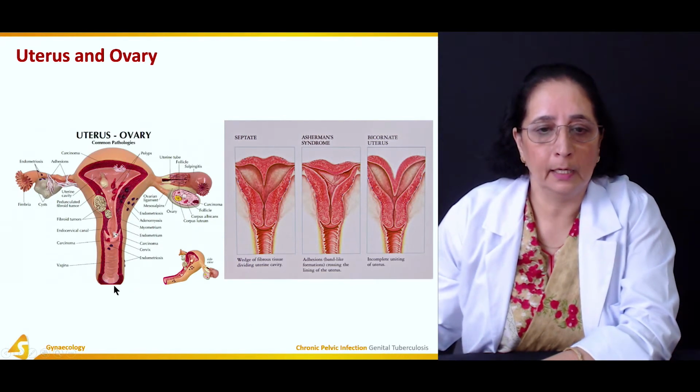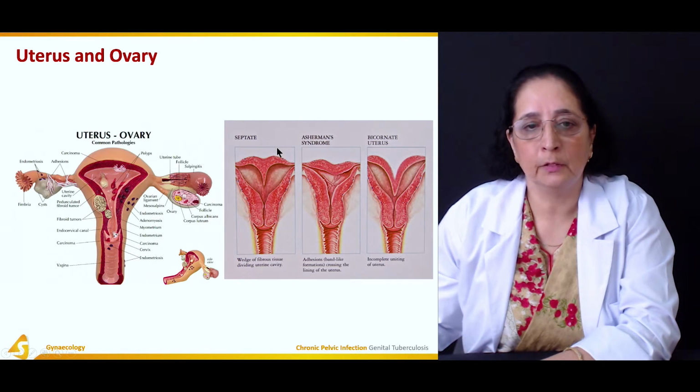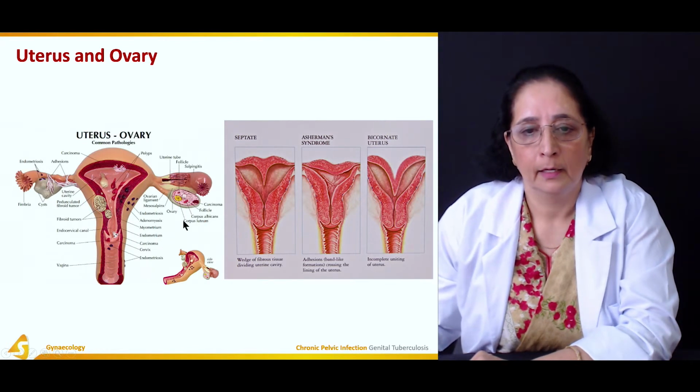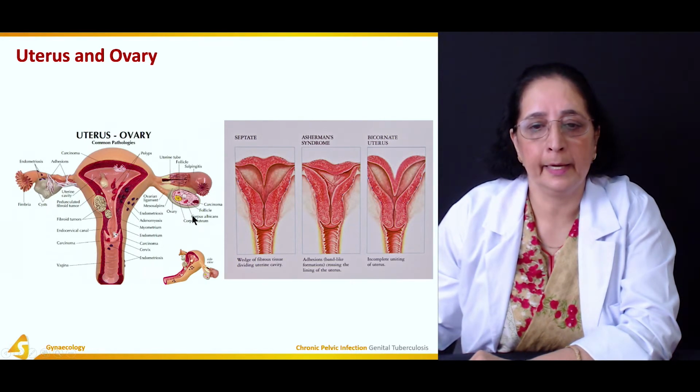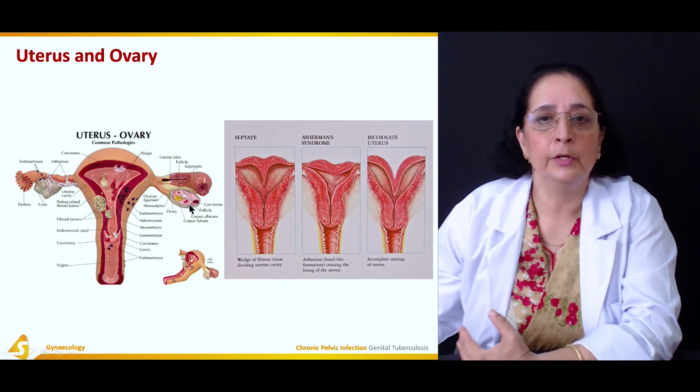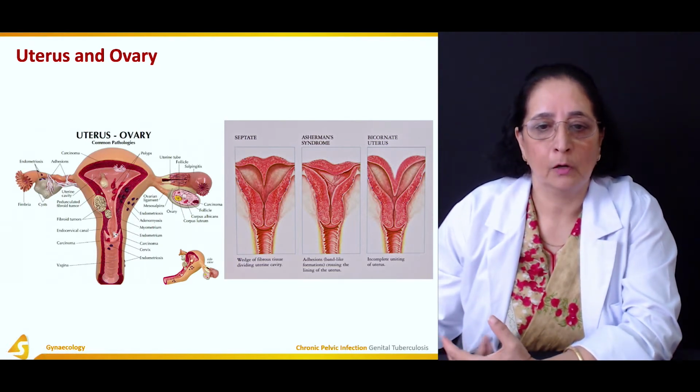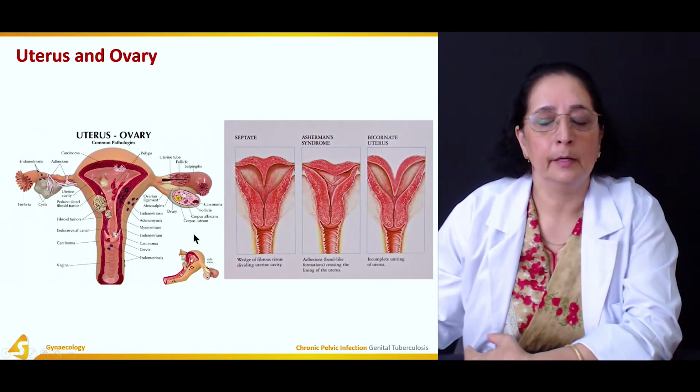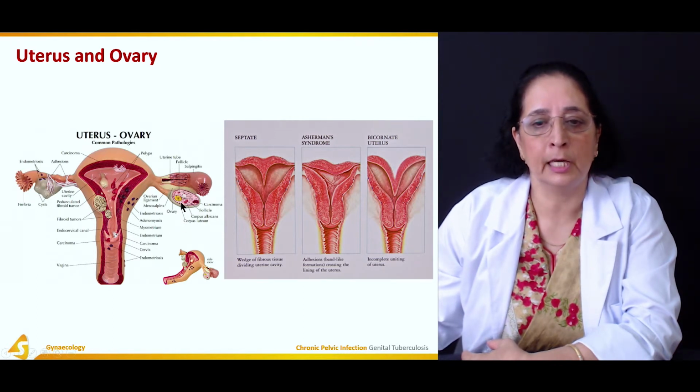Again, this is the diagram here. It's of the uterus and the ovary. This is the ovary here. If there is any carcinoma or tumor of the ovary, this is the carcinoma. These are the different parts of the ovary: corpus albicans, corpus luteum. These are the different stages in the ovary during the process of menstruation. Corpus luteum is formed if fertilization doesn't take place. So corpus luteum, small yellowish body.